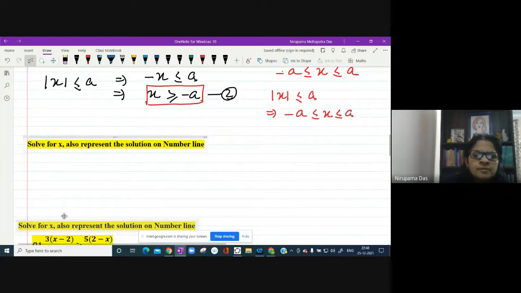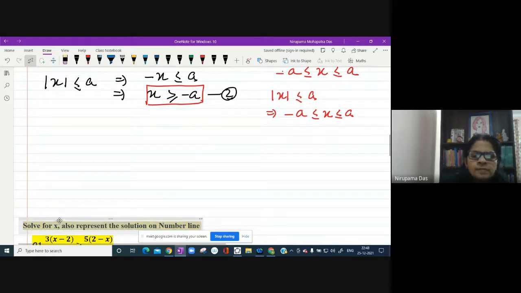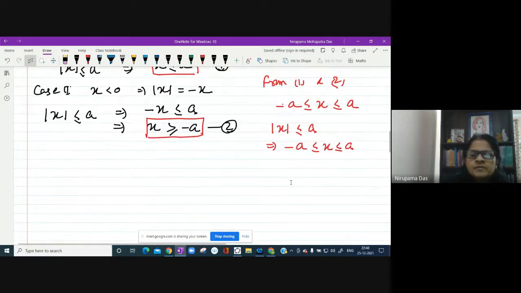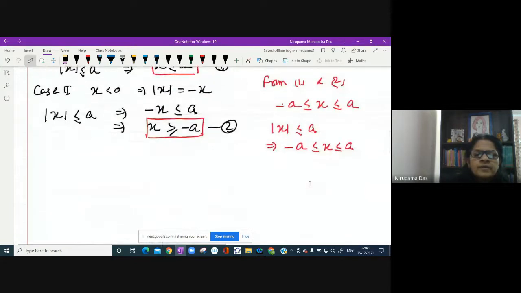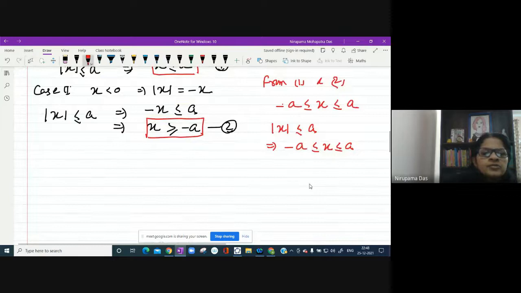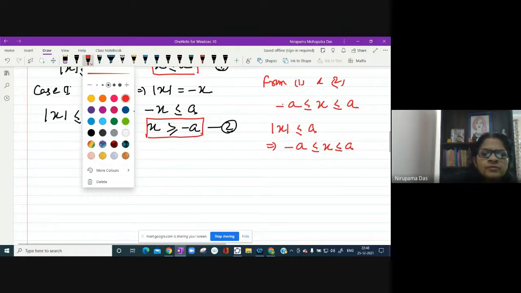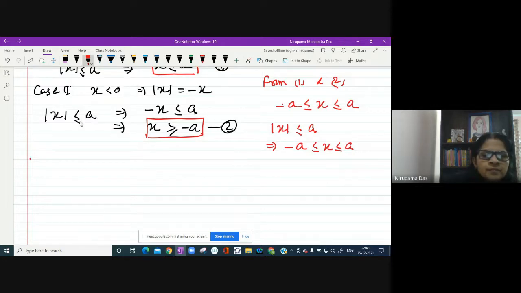Okay, so just let me show you the other thing also before we come to the questions. Okay, now another case. Though we already have studied this in function chapter, I just want to show you this thing because this is one of the important concepts. Second case, suppose you have x square is greater than equal to a square. You take the square root, mod x greater than equal to a.